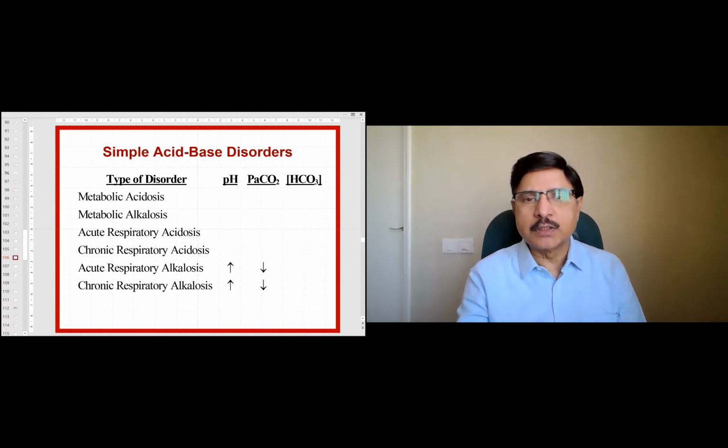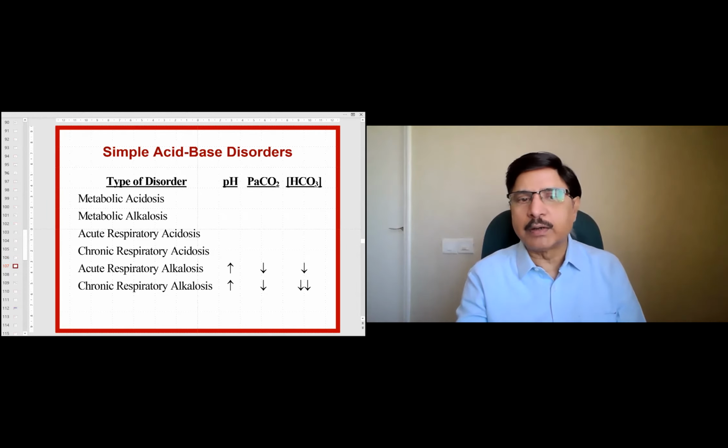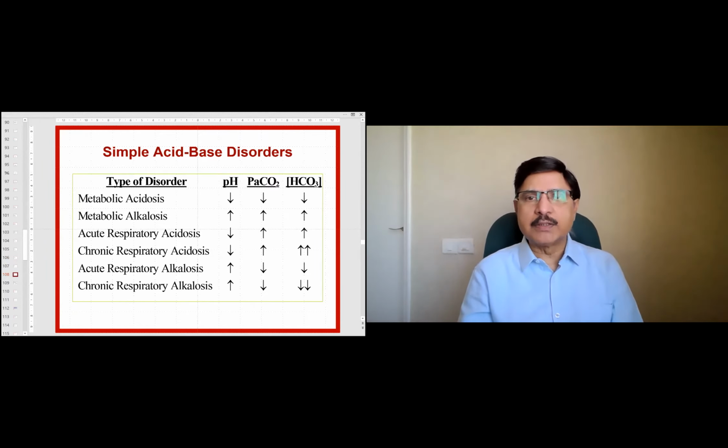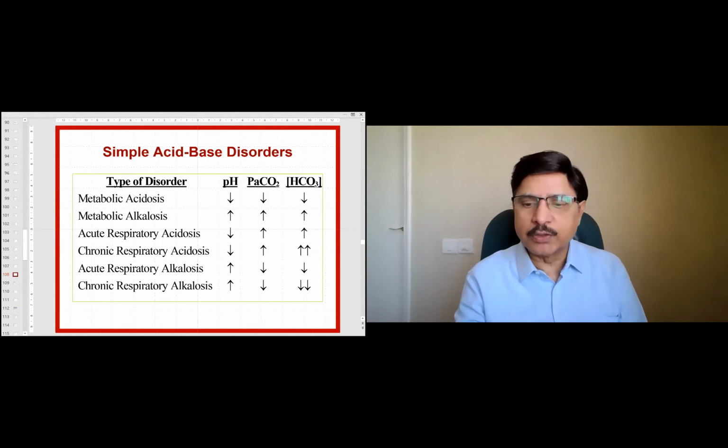Respiratory alkalosis, because of alkalosis the pH is up, chronic and acute respiratory alkalosis. But on the opposite side, the primary variable will move, that is PaCO2 is down in both the cases, but the compensation is more marked in the chronic respiratory alkalosis. This is in a nutshell, and that is the summary slide which tells you about everything. If you remember this, you have remembered all the discussion which we had.